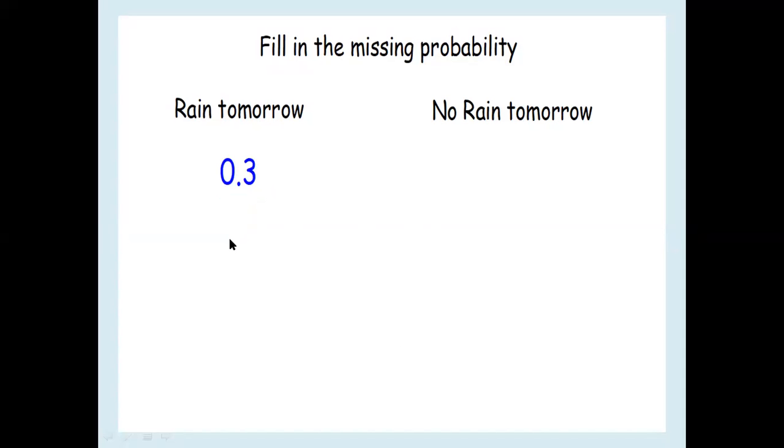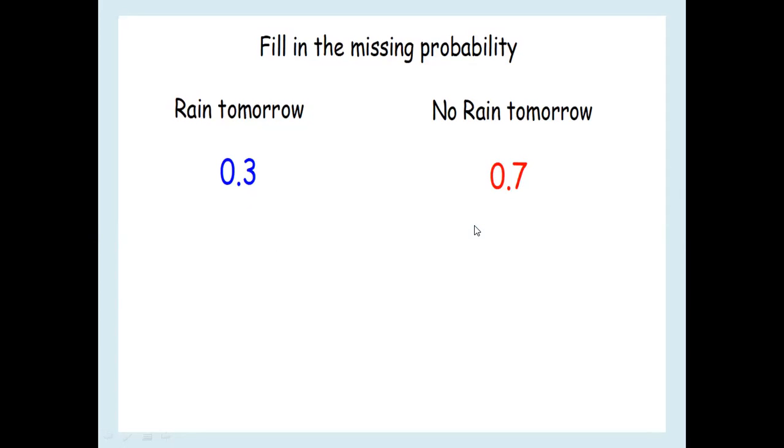Nada? What do you think, Nada? 0.7. Excellent, yes. Excellent, it's 0.7. Because look, both together, rain and not rain, 0.3 and 0.7 will make 1.0,